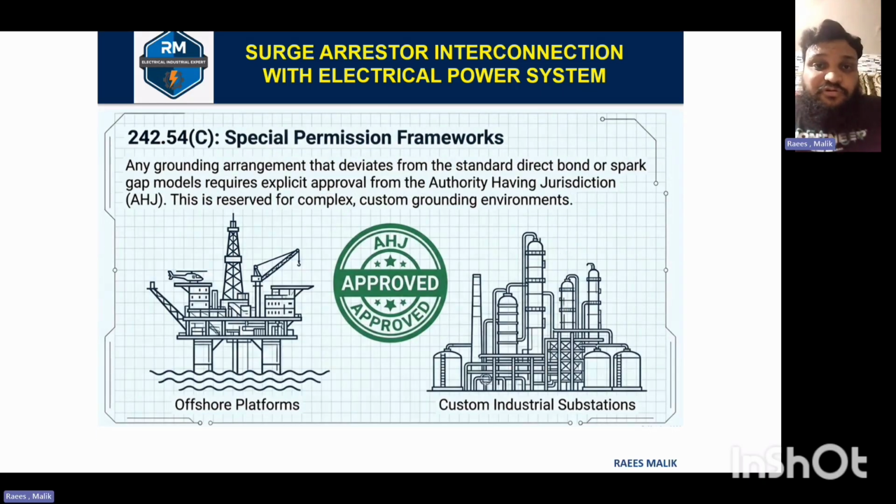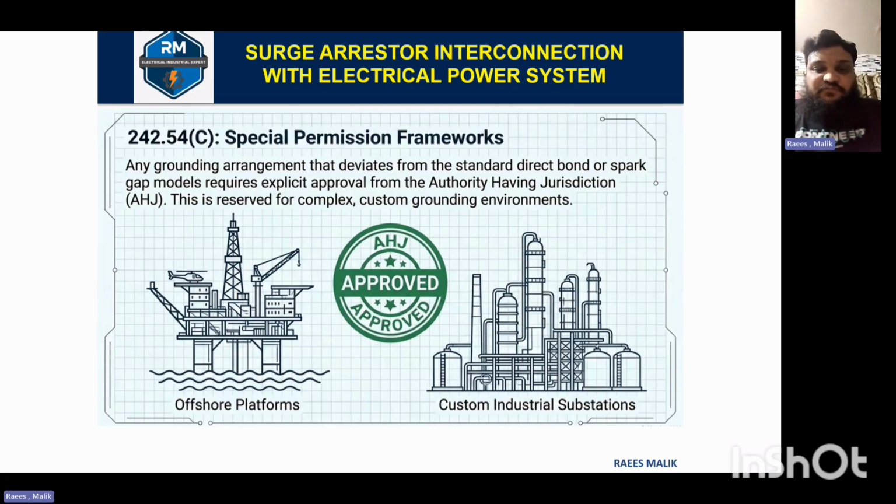So for 242.54C, we have to give required special permission if both the bonding system and the spark arrestor or spark gaps method is not used. Then we can use a special application and require approval from the authority having jurisdiction. So this is reserved for complex custom grounding systems and environments such as offshore platforms and